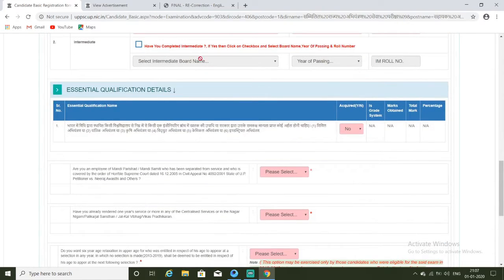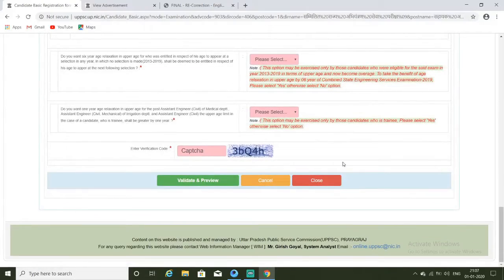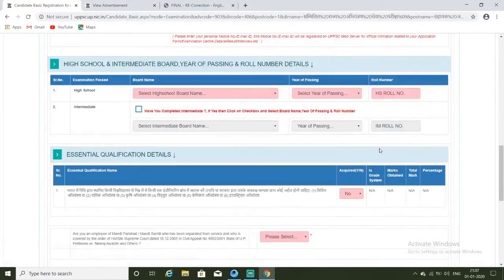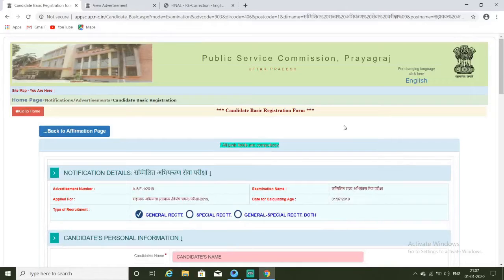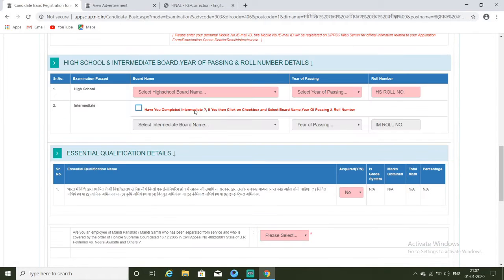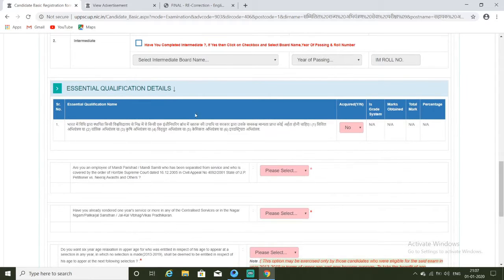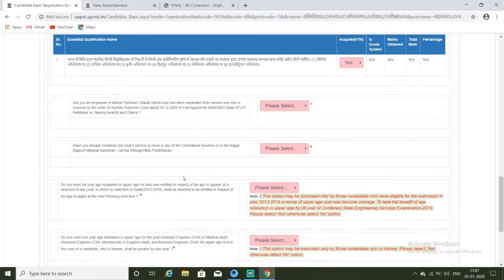I have also mentioned how the photo and signature should be. So keep that in mind and go through all the things carefully. So this is all I can say. Here you need to press yes, because yes, Krishi. This is Yantrik, it means mechanical. Civil, here civil is mentioned clearly.